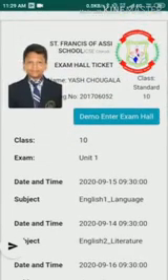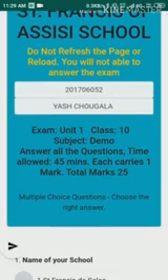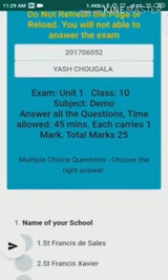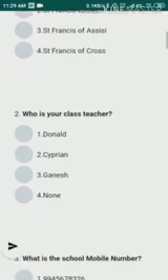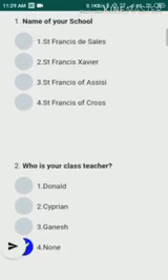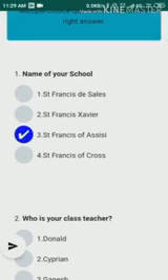And when a demo paper is given, I have already shown you that same paper. Again it is going to come here, demo enter exam hall. Your register number and your name will be displayed, along with all the 25 questions. You have to tick the correct answer. At a time you can choose only one option. See, for example, if I choose this, that option gets deselected. So at a time only one option is allowed.